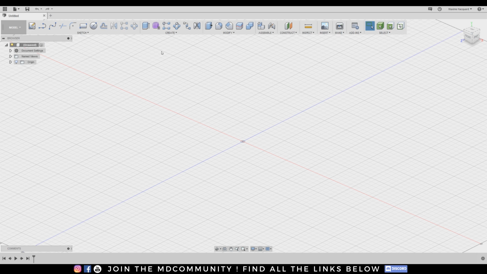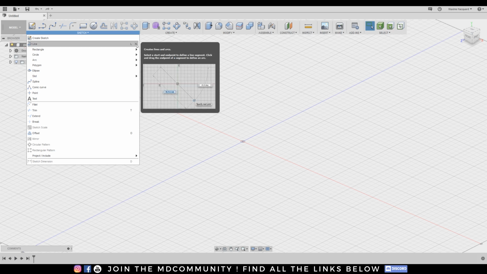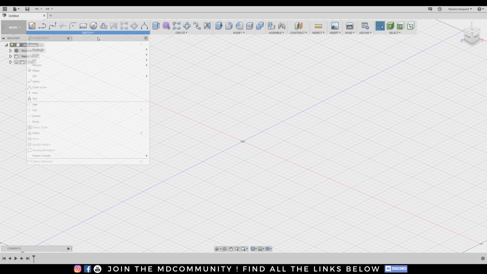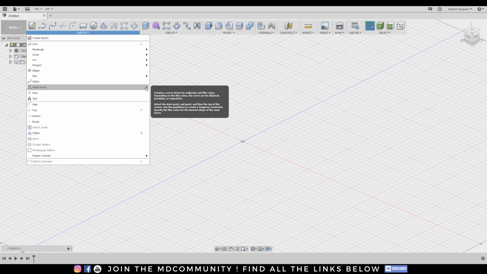I will go into my sketch menu and take the 2-point rectangle. As you see, I may have a different icon than you. It's really simple, because with this small icon you can add a tool to the toolbar, like now I have this, and I can just click on the cross to remove it. So if you use the same tool quite often, just go there and click.